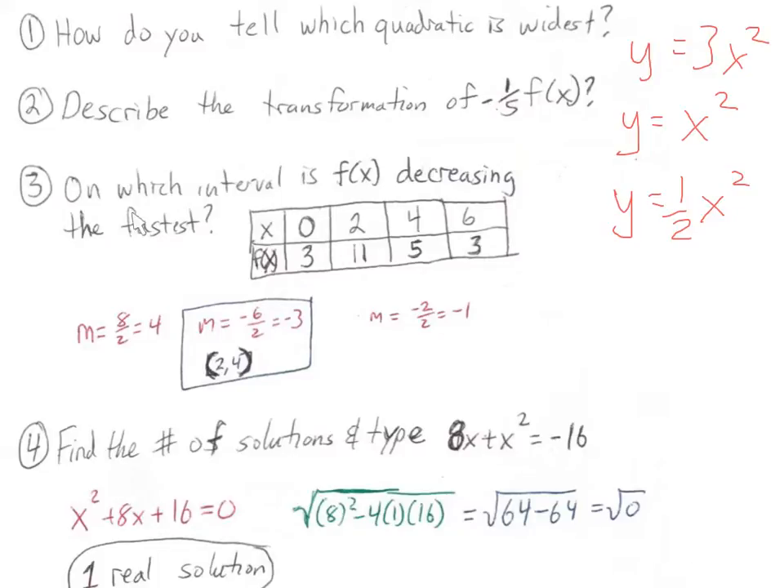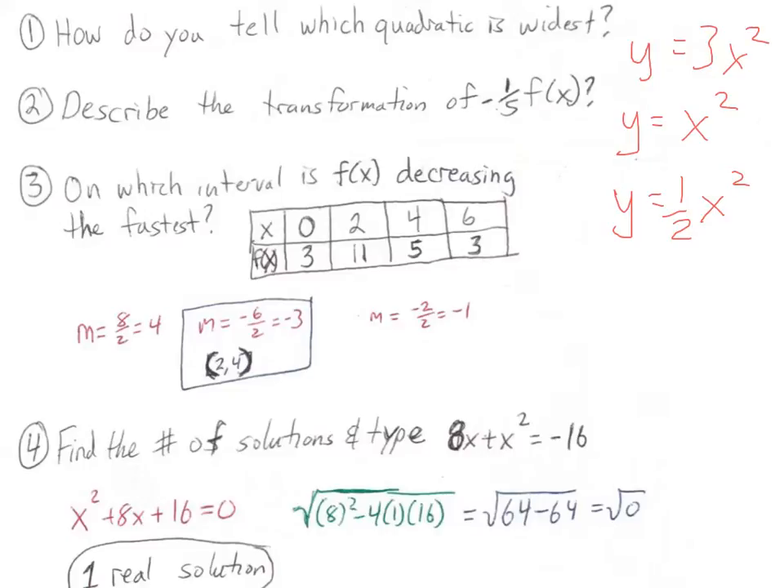Next problem. On which interval is f of x decreasing the fastest? So on what interval is f of x decreasing? You can tell they're all decreasing, hopefully. Oh, except for the first one, which actually increases, and then it decreases. So we're looking for decreasing the fastest. You can kind of ignore the first one because it's growing. Then you look here. So we're thinking which one decreases the fastest? So the largest